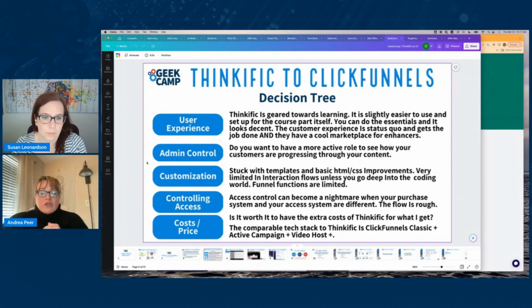And even Susan, Dan, and I, we can make some really fancy systems and we can create similar types of admin experiences, but it's more of a view only experience. It is not you as an admin coming in and making adjustments based on the data that you see in order to improve the learning experience. So if that admin control piece is really important to you, I would stay in Thinkific if you're there.